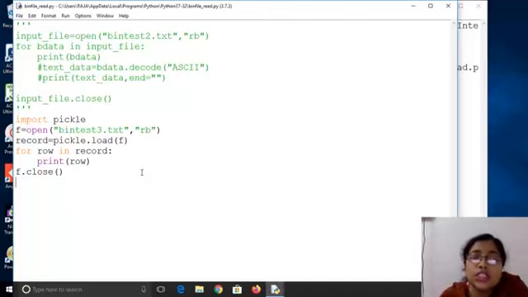So we don't need these things. Now we will use the pickle module. Before writing the data to the file, we will store all the records in a list, and we will dump the list to the file, and while reading, we will load all the data into a list, and we will just read the list. Then we will be able to read everything in the textual, readable format, and we will have all the records.